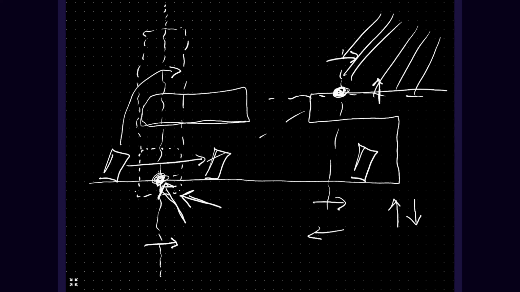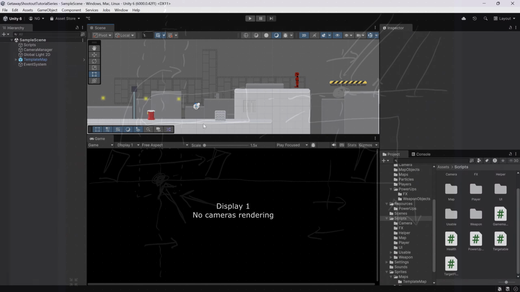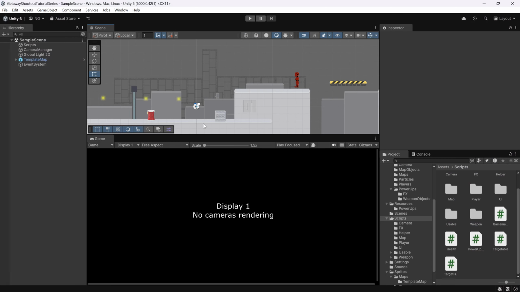So some of it still might not be super clear, but hopefully as I start coding this, it will make more sense, the idea of these waypoints as a set of checkpoints that the player can go to. Okay, so now I'm going to jump back into the project and we can actually start implementing this